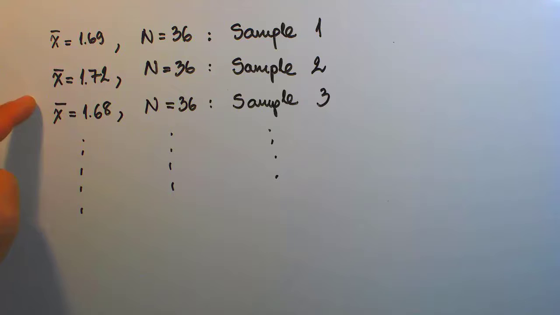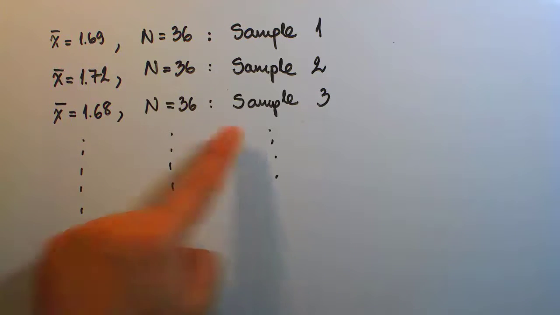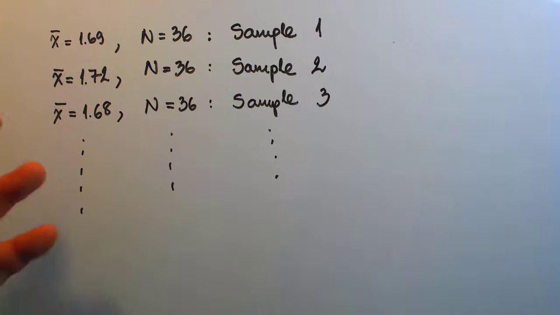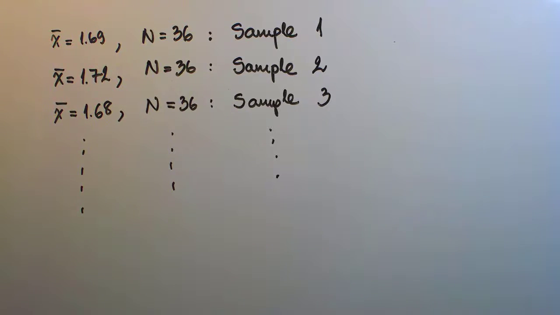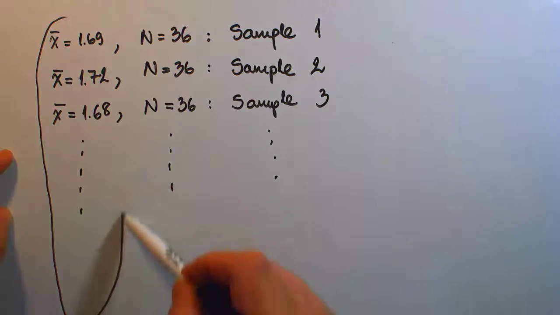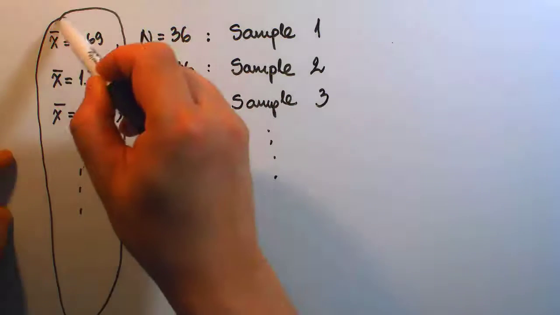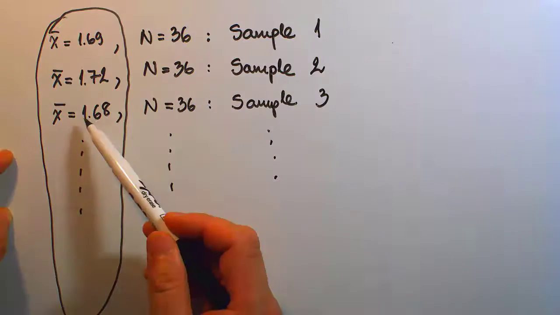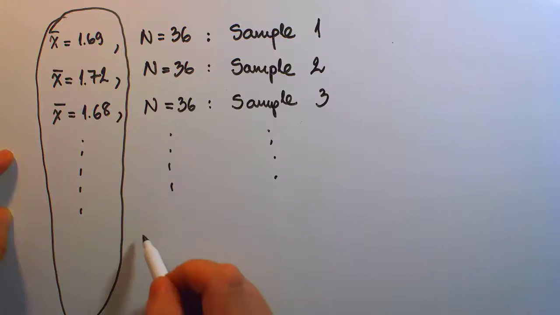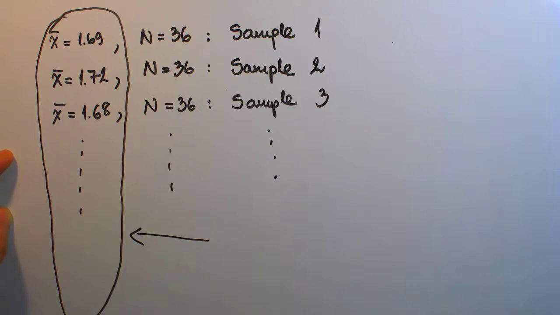changes value slightly, a little bit. Sometimes we might be lucky that we run into a different sample but have the same sample mean as any one of these we already found. That's completely okay too. It happens. What I'm trying to point out now is that if somehow you can search for all samples existing out there and each one of them gives you a sample mean, then what I'm circling here is really, eventually we're going to end up with a